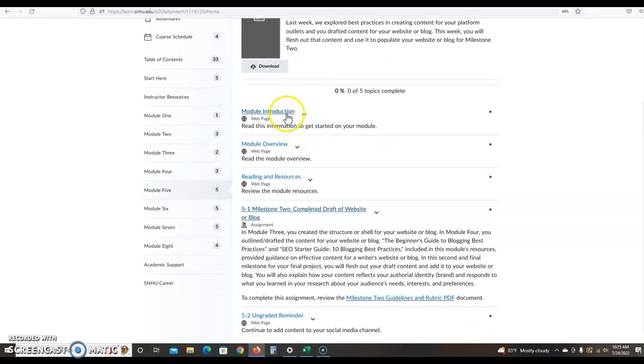So you can see we've got the introduction, an overview. The reading resources is lighter. We've built in a lot of preparatory reading that you can go back and refer to as the weeks progress, but it's a little bit lighter this week because you are taking a lot of time to grow that website. So remember, it's really important, and if you're watching this video, most of you have grades